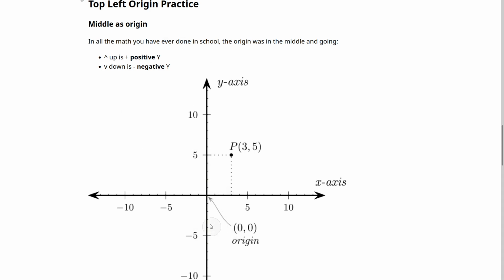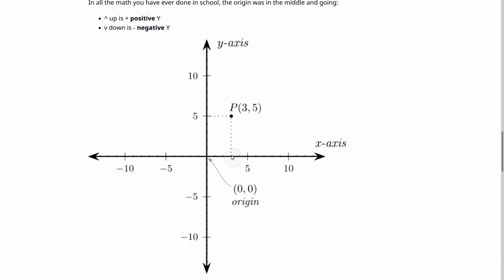So in this traditional system, going up is just increasing by a positive number on the y-axis. And then going down is decreasing a number, alright? So if we plot the point 3, 5, we go right 3, and then up 5. Of course, this is pretty obvious to you guys, but I want to say that now when working with computer